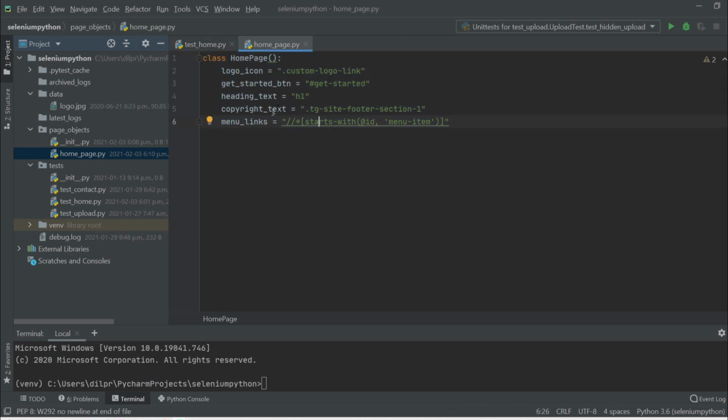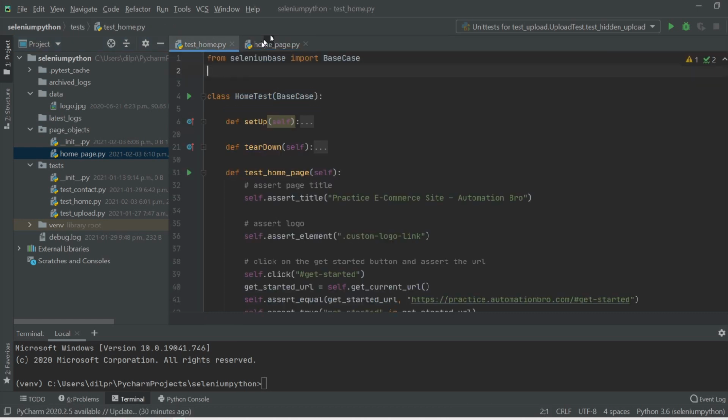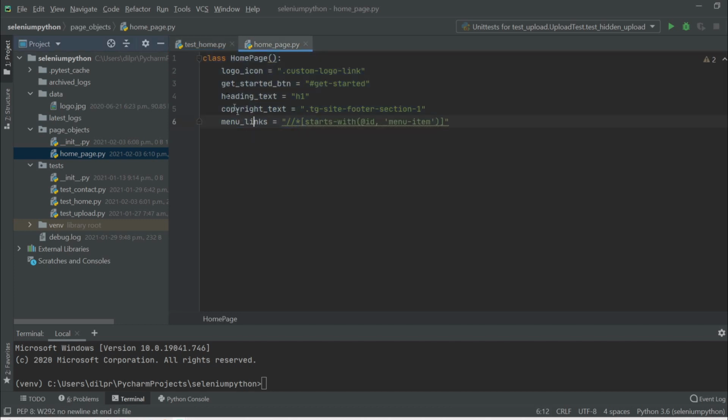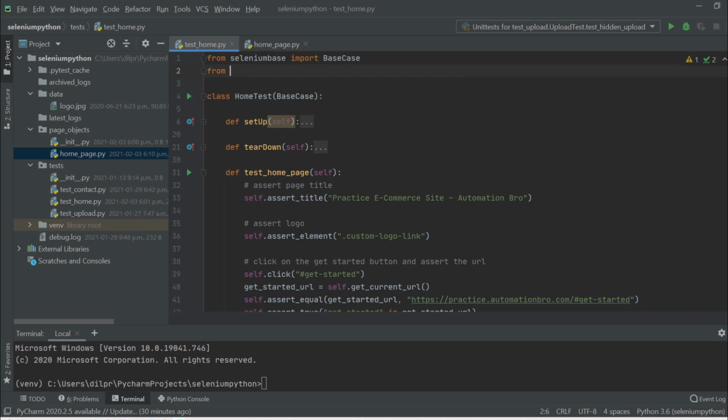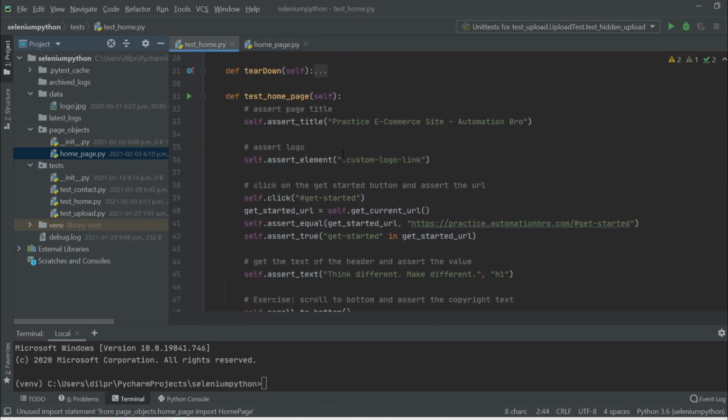Now, just by doing this, we can go ahead and actually implement page object model. What we just did is create a new page and store all the selectors and locators over here. So now we can import the HomePage class over here and start using all the selectors that we have stored. We can do that by doing from page_objects.home_page import HomePage. So we are going to the page objects directory. From there, we're selecting our home_page file, and then we're importing the HomePage class, which is what we named over here. Then we're going to take this HomePage and start replacing our selectors right over here.